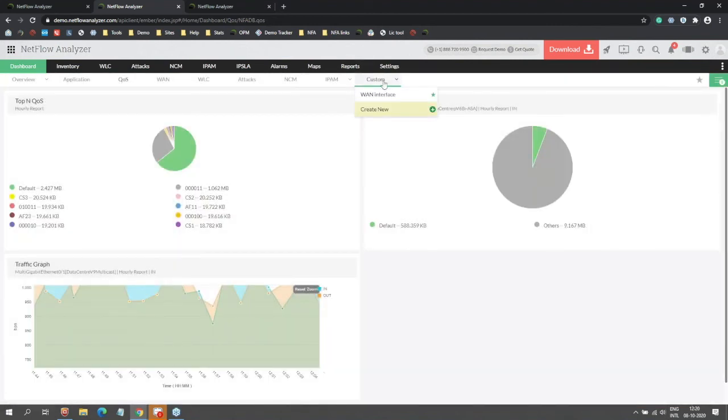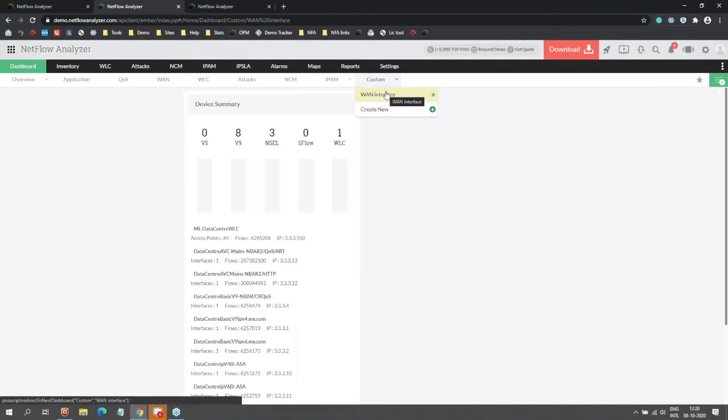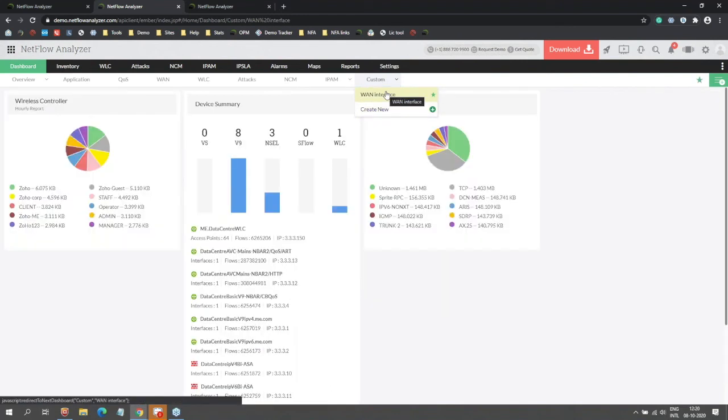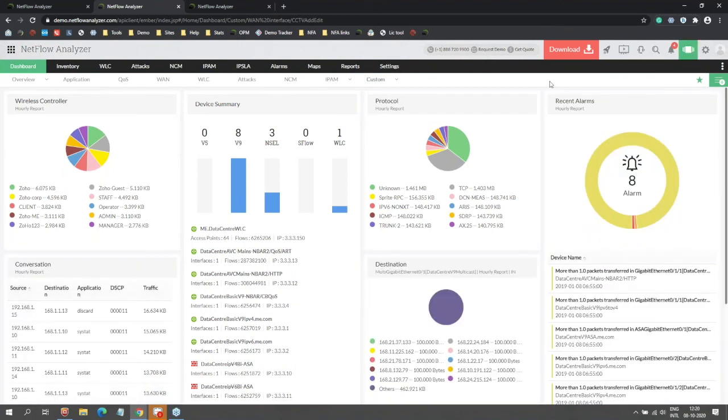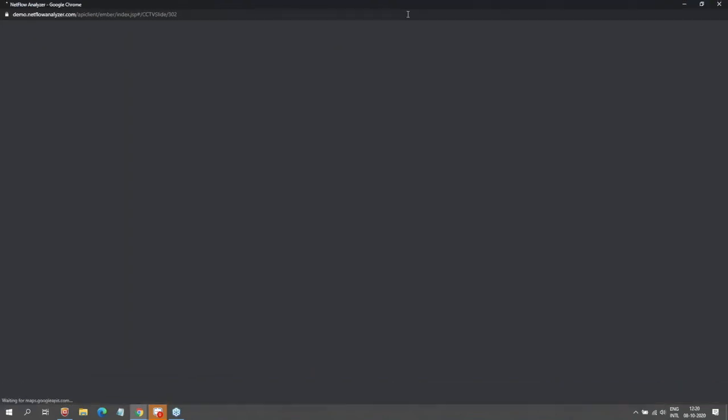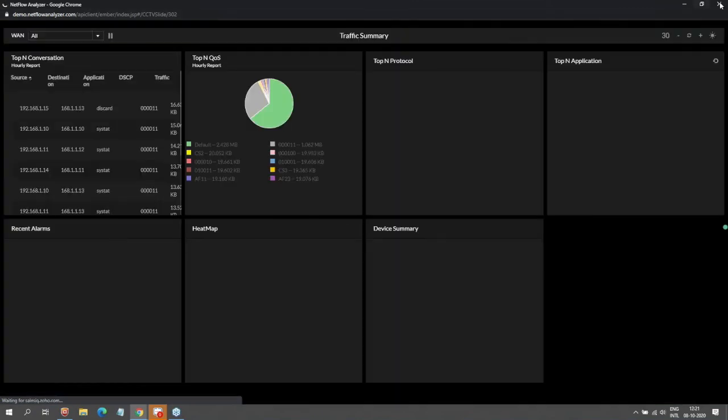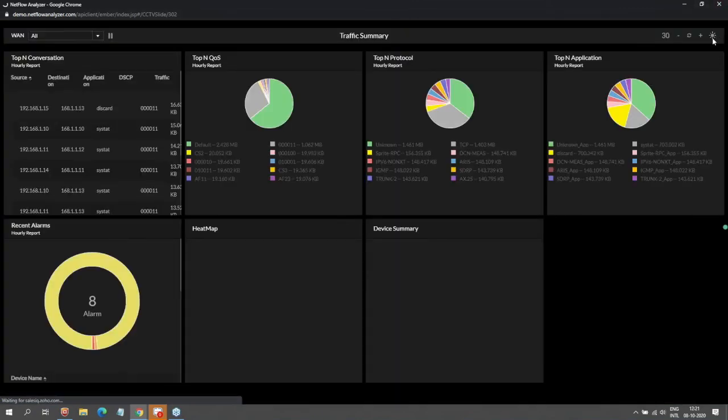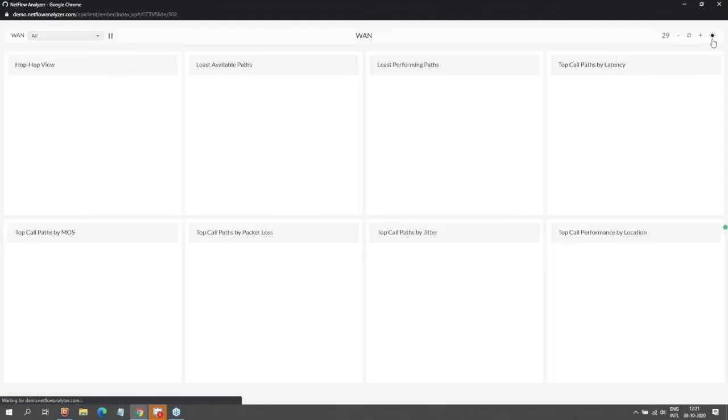So you have now created one using the different widgets. The NOC view is just like a mix and match between different dashboards. If you see multiple dashboards and you want them to be projected on a large screen, you could do that with our tool. This is called the NOC view or the CCTV view. You create it, and you let us know the time frame, because this keeps rotating at a particular time frame. This is in night mode. You can switch it to day mode on a single click.